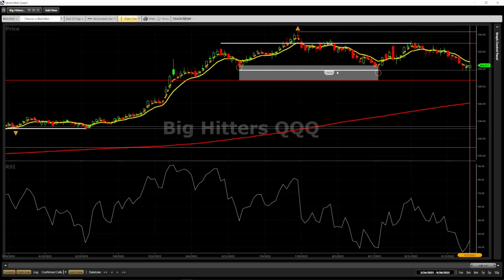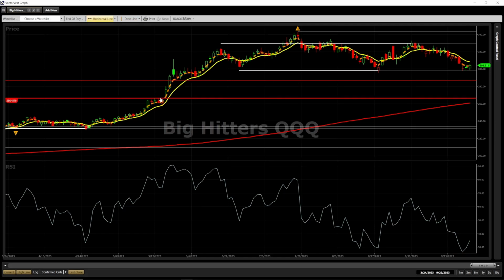So this horizontal line right now sits at the bottom of the zone. It's at 286.94. This would be my key level support right here. If this level were to break, I do see a gap up that needs to be filled back from May. The next key level support would be at